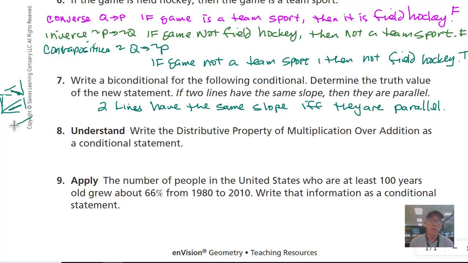Another example might be, what if you have two lines that actually are the same line? Like let's say we have y equals x plus 2, and let's say we have 2y equals 2x plus 4. These are really both the same line, but they're two different equations. If I graph the first line from a table, I'm going to get y equals x plus 2. And if I graph the second one from a table, I'm going to have another line that basically overlaps the first line that I drew. I've got two separate equations, which give me two lines that graph on top of each other. So this is going to make the lines with the same slope, but they are actually going to coincide,